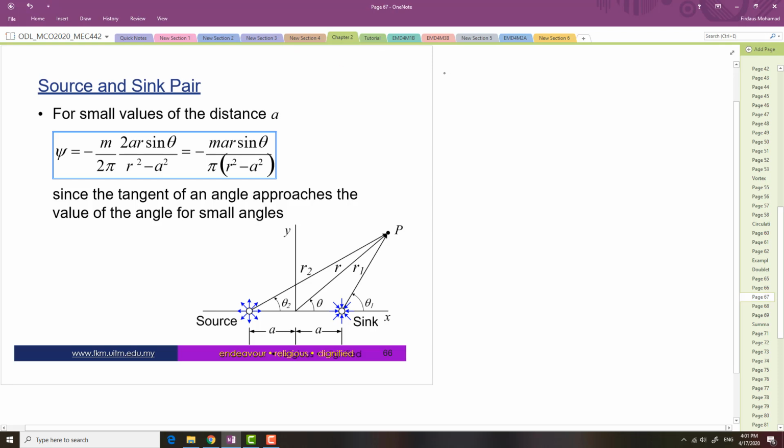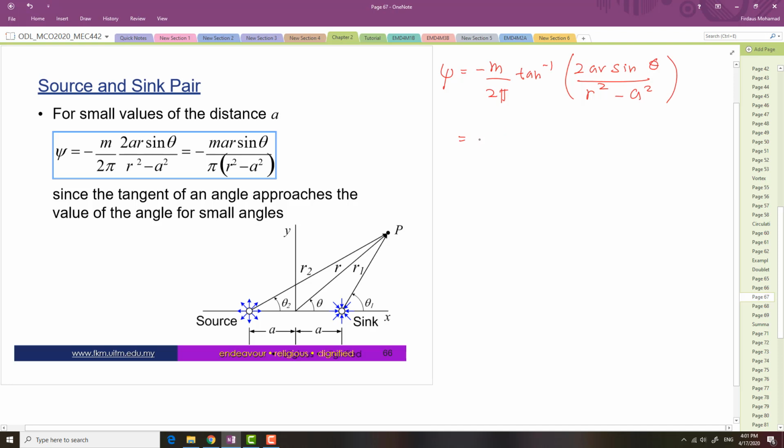So from the previous slide, psi is basically equal to negative m over 2 pi tangent inverse of 2ar sine theta divided by r square minus a square. Okay, so first we assume that there is a small value of distance a. Since the tangent of a very small angle approaches the value of the angle, we can just ignore the tangent inverse for a small angle,